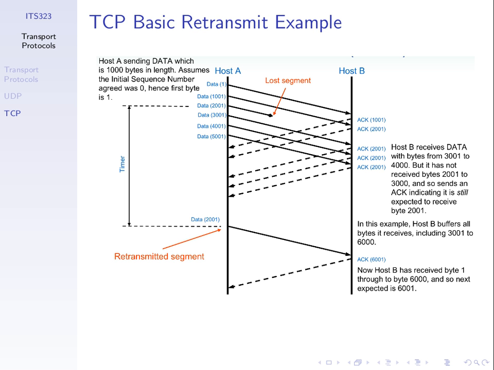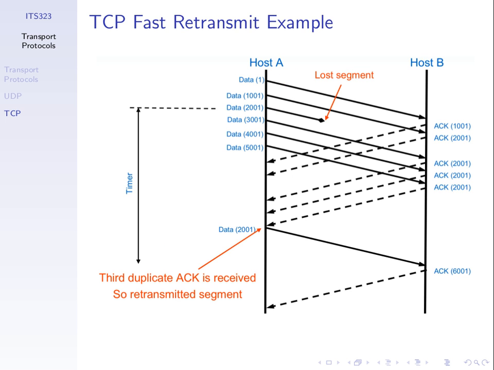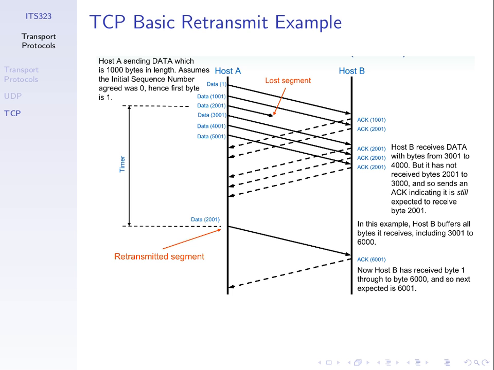We would like to retransmit earlier, and we can do that using an extra rule, which is illustrated in fast retransmit. Same scenario. With TCP fast retransmit, there's an extra rule that says